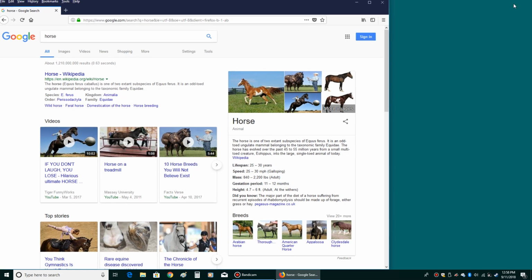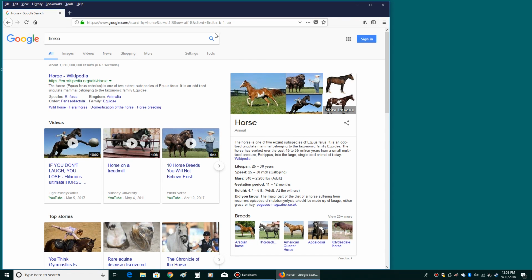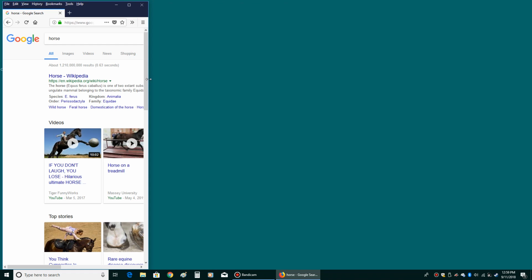If I click on the box in the box, it'll shrink the window. So if I drag my cursor over, see how it's one arrow? If I drag it over here, it becomes two arrows. If I left click it and drag it and then let go, I can resize